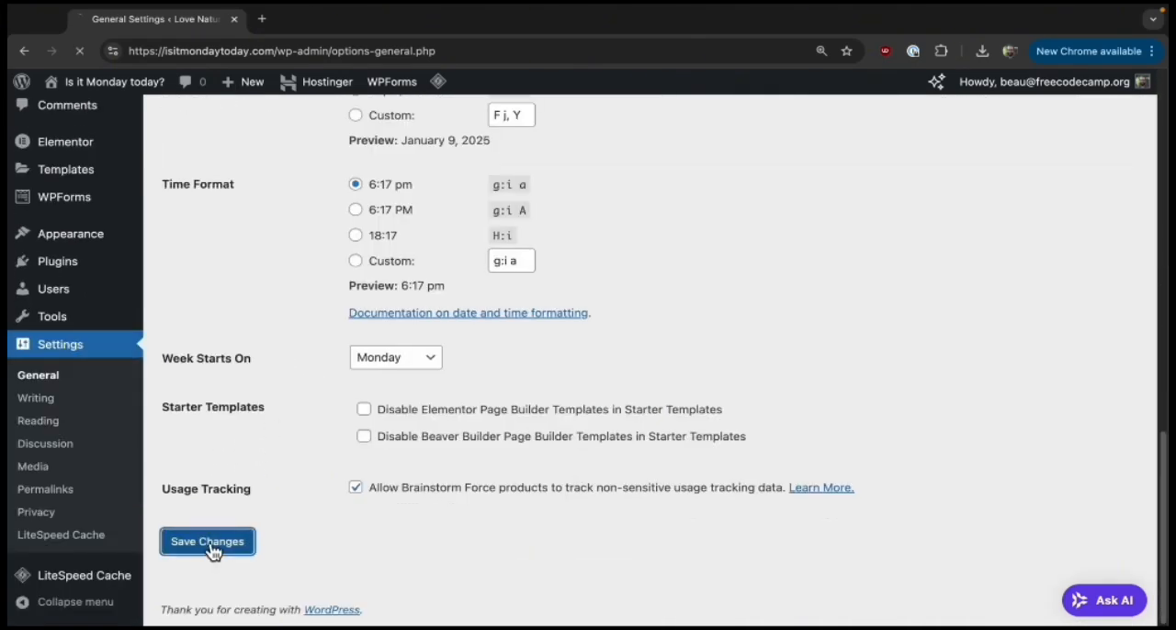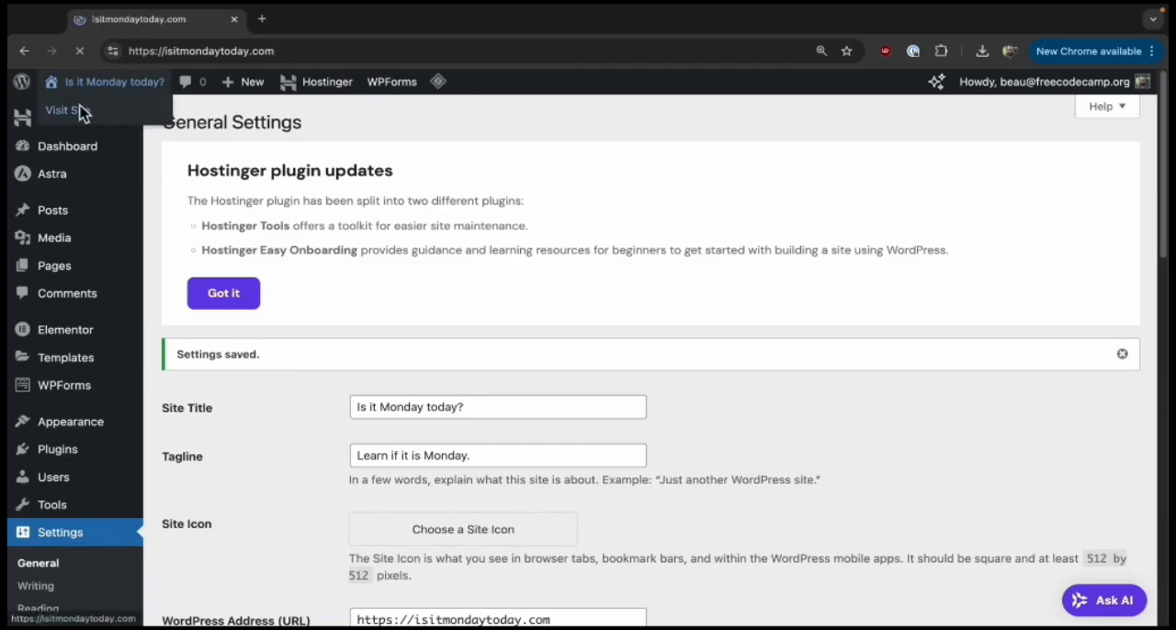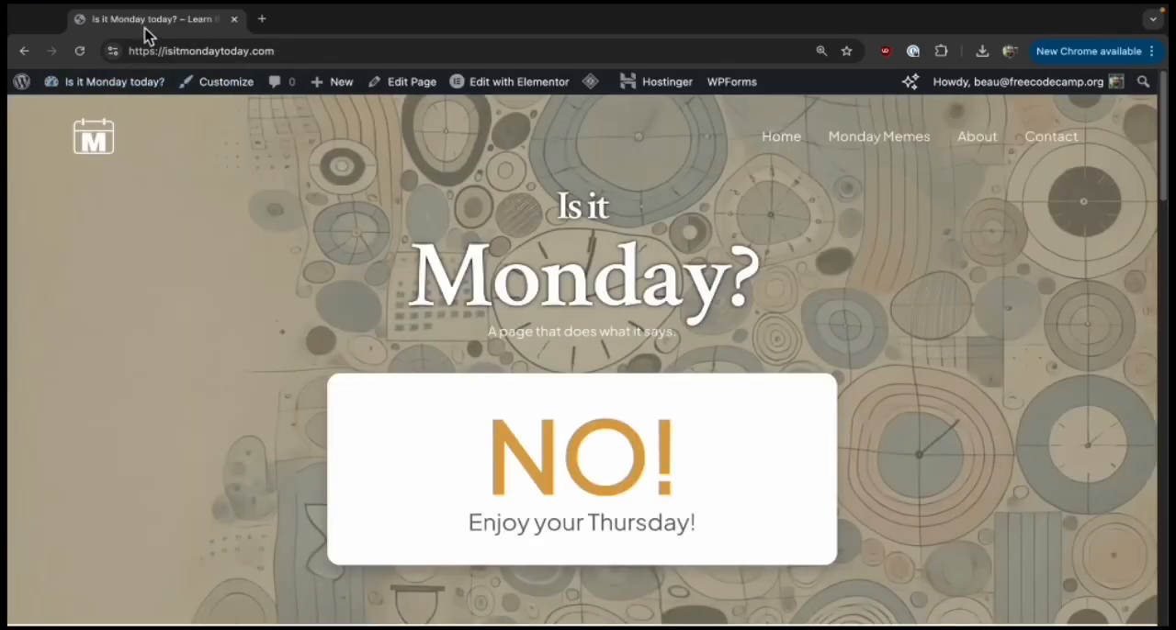So save changes. And then if we go to the site, we'll be able to see it says, is it Monday today? Oh, and then it has our slogan that we put in, learn if it is Monday. Okay, we're getting close. So you now know how to do a lot of changes, but let's just finish up